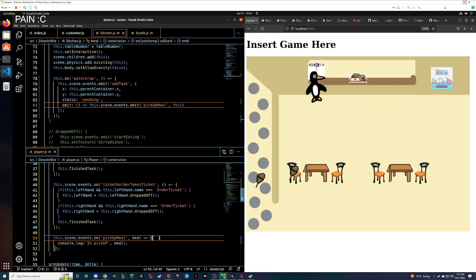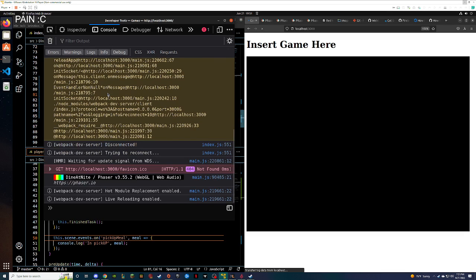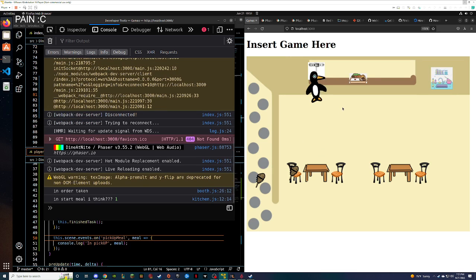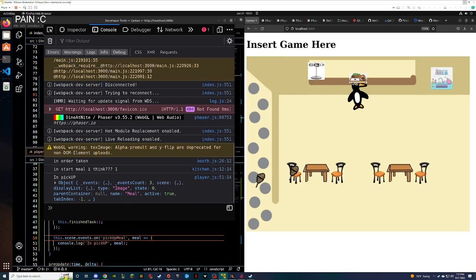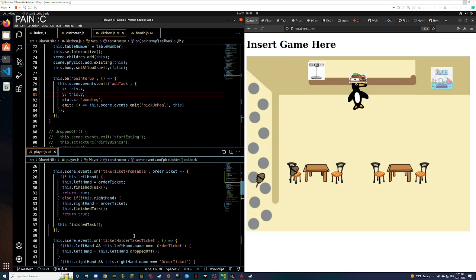Oh, this stop. What do you mean this stop parent container? Oh. Right. That. Boink, boink. Okay. Sweet. So, now we're pretty much going to do the same check as before, which maybe what I can do is have a function that does it for me. I don't have to do this every time.